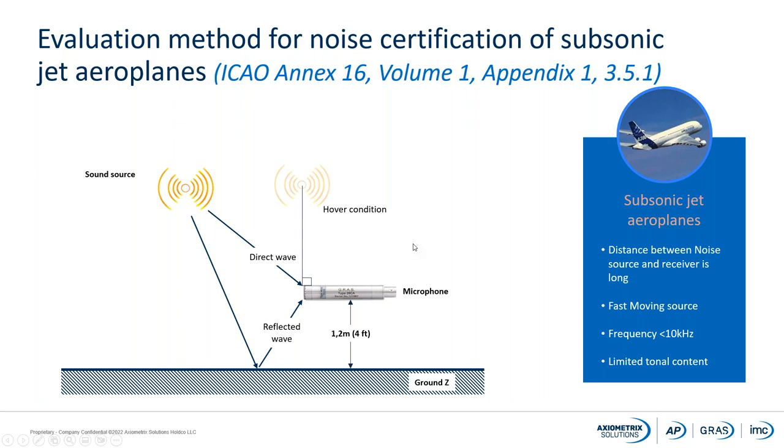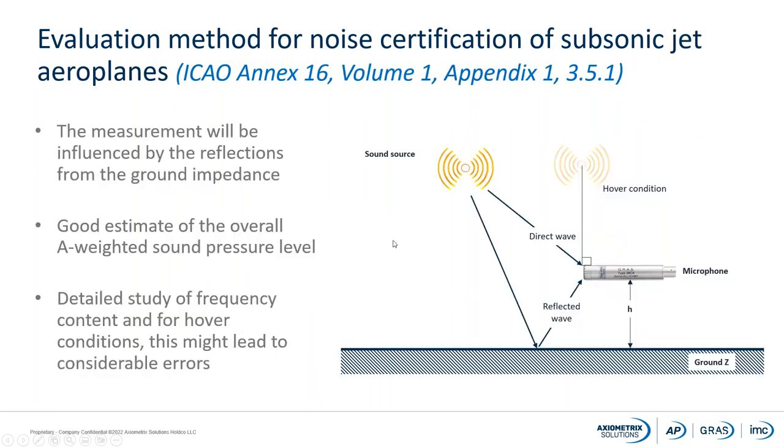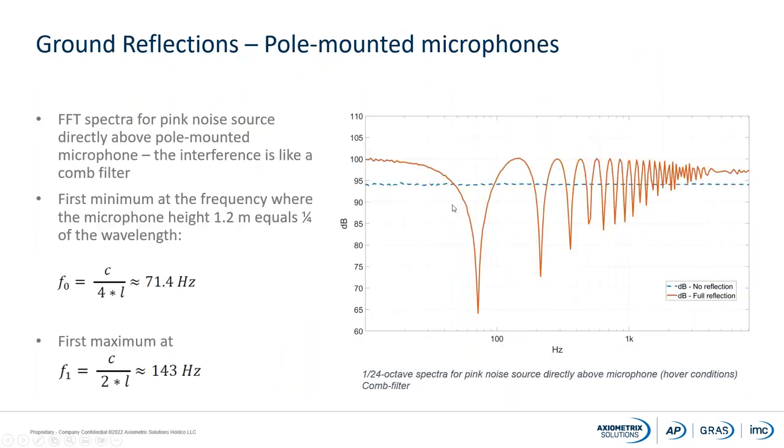And if we take a closer look and take the worst situation, and that is if the noise source was fixed at a 90 degree angle to the microphone, then the wave will go down into the surface and bounce back, and it will give you a reflected wave to the microphone as well. So what is happening when we are simulating this is that it's going to give you what we call the comb filter effect.